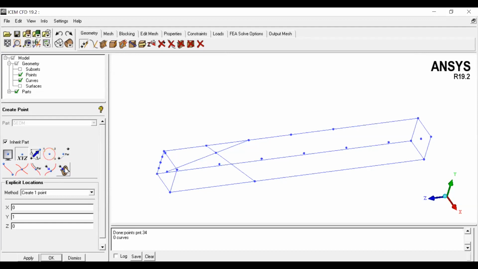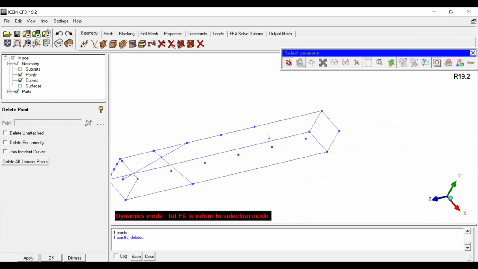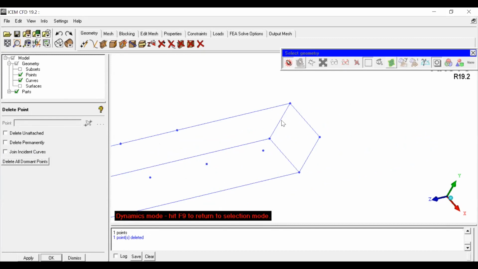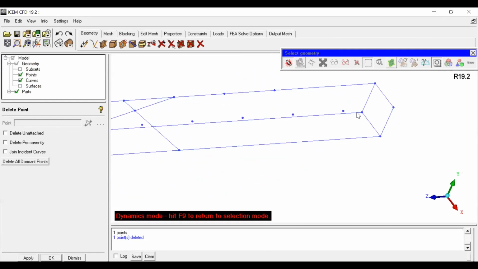You can see that there is one last command, project a point to surface. Let's say I have one surface, I want to project a point. That can also be done. For that, let me delete one point. I just want to delete this point, and I'll create a surface, because as of now I have not created any surface. One surface is there, let's say this first surface. Others are still lines. So let me create one surface.